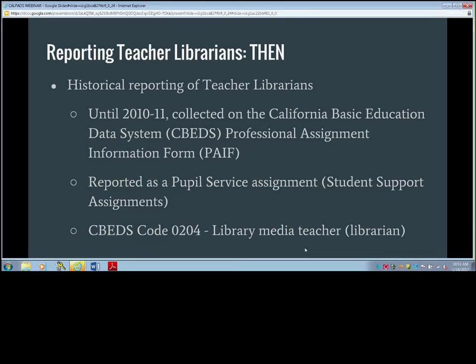Teacher librarians were reported in the pupil service assignment job classification rather than a teaching classification. They were student support assignments, reported with CBEDS code 0204, library media teacher. That's where all of these folks would show up, up until 2010-11, when we moved all of the certificated staff reporting into CalPADS.